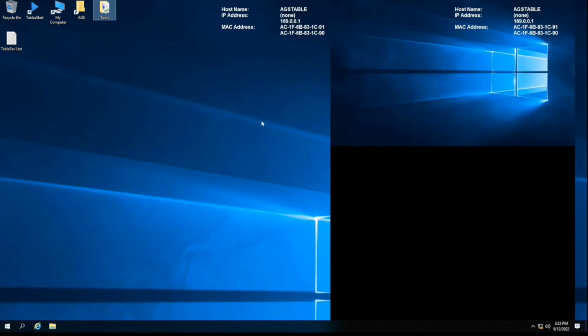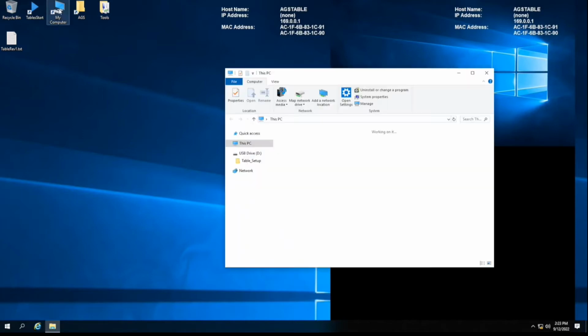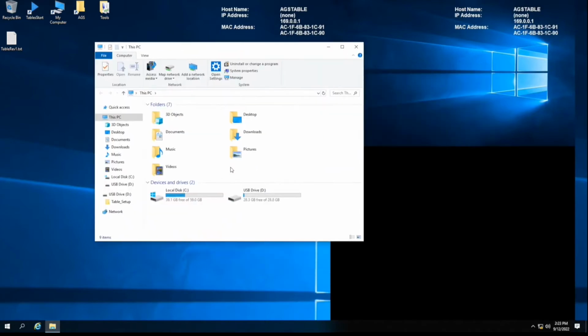So this is just a blank controller, just like the progressive controller is. They're going to be able to put these on a shelf, ship them to you, and you're going to install the software. How do we get the software? Well, that's on a USB stick. So if I go to my computer and we open up this USB drive I already had installed,